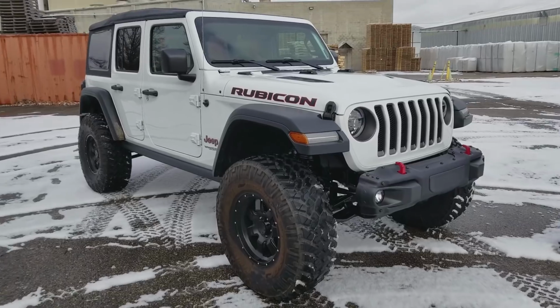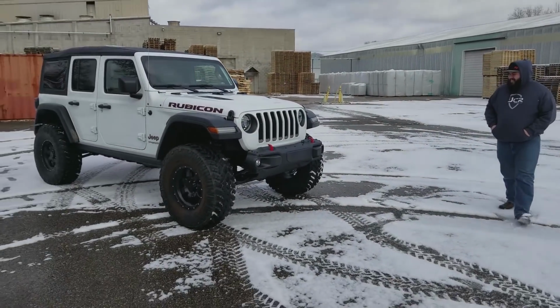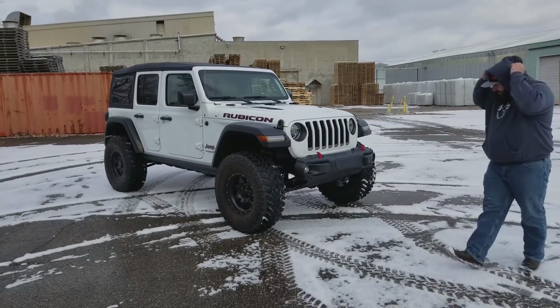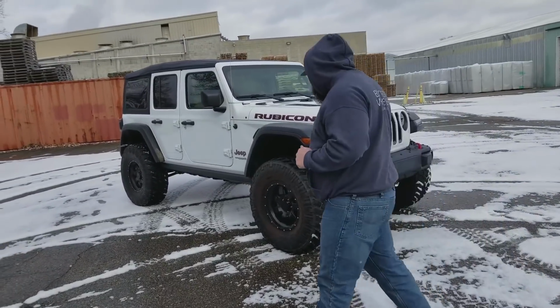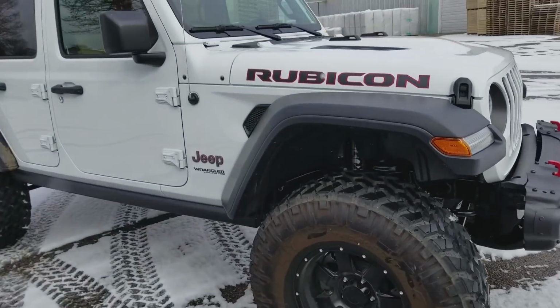But black looks pretty good on there. What do you think, Bubba? Black wheels? Black on white, man. I was gonna use the stock wheels, but man, that's pretty sweet. So in the Mopar Lift Kit, this is the Mopar 2-inch lift kit, they sent us this